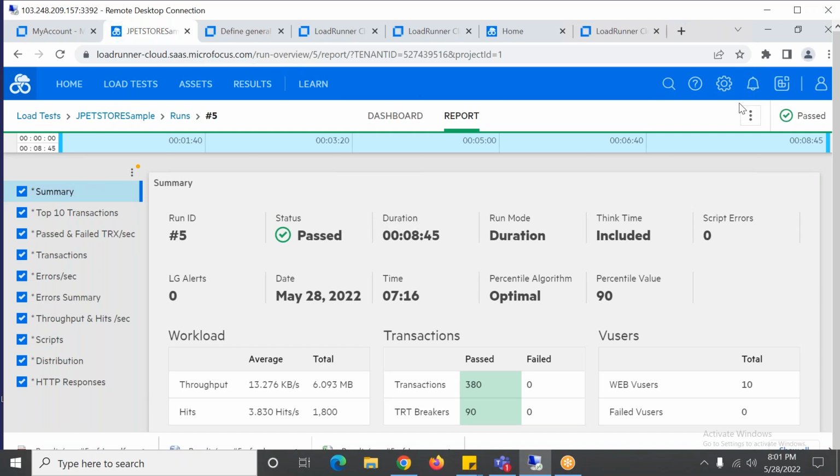And performance wise, it will not make any difference, because however many LGs you are using in the cloud and in Performance Center, each has its own capability. It will not make any difference.